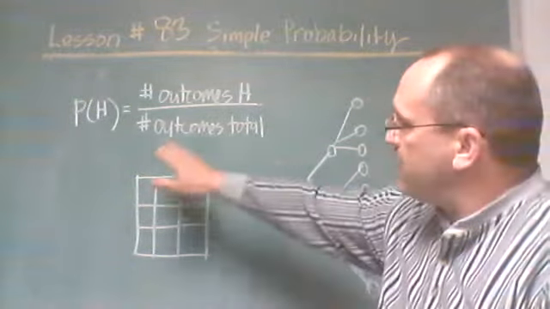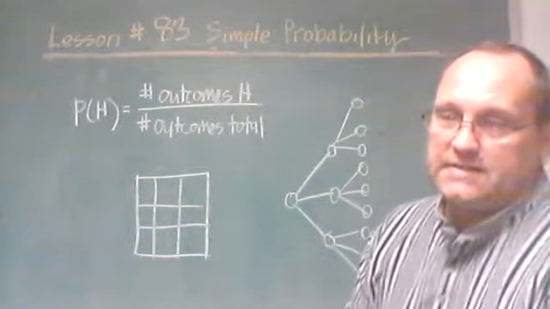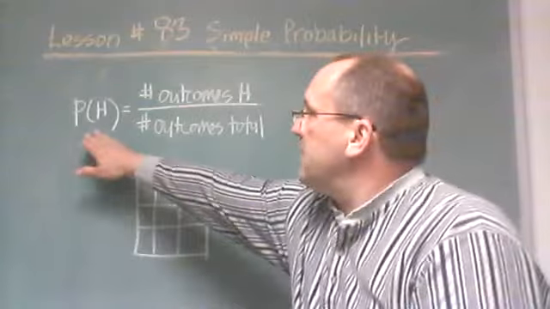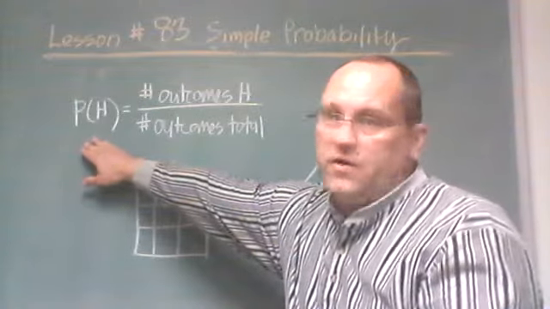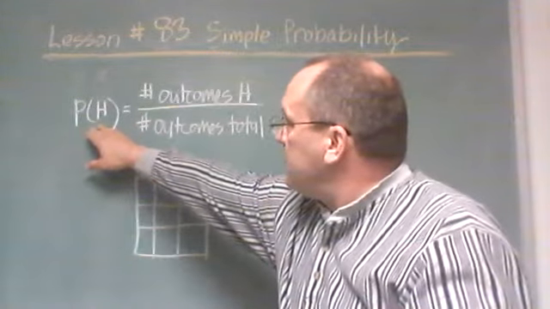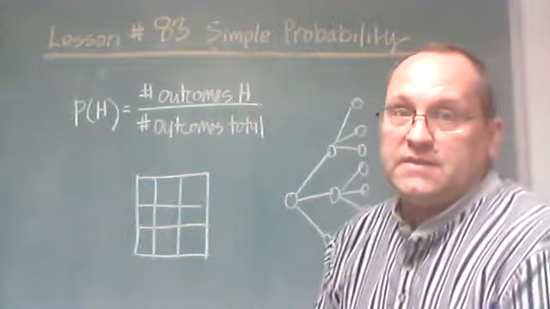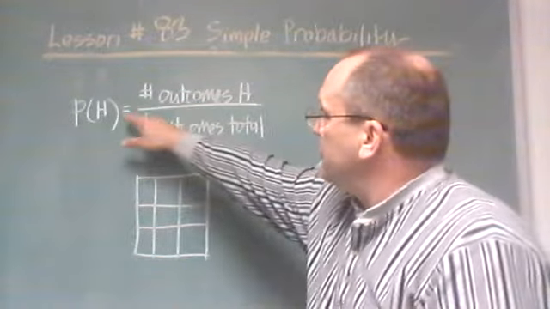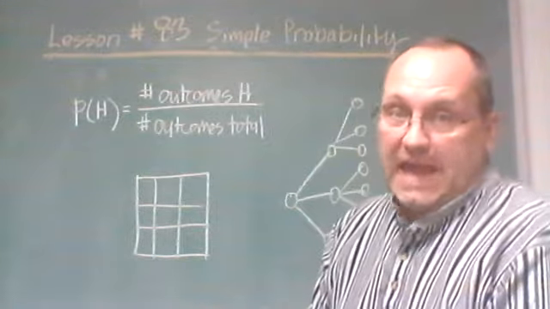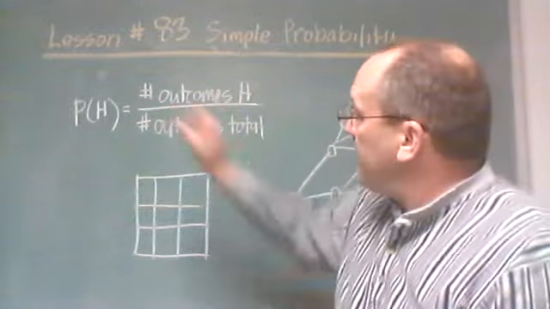We really only have one equation for determining the probability, and it's that same convention that they used in the Crash Course Statistics video. We're going to use the capital P, the probability of an outcome, H in parentheses. Whatever's inside the parentheses is called the outcome. So the probability of an outcome H is the number of outcomes that are H divided by the total number